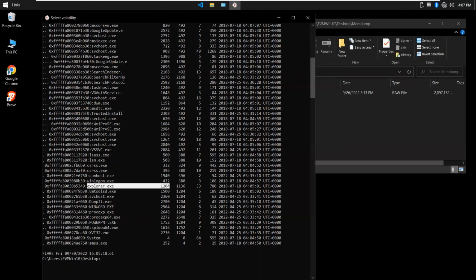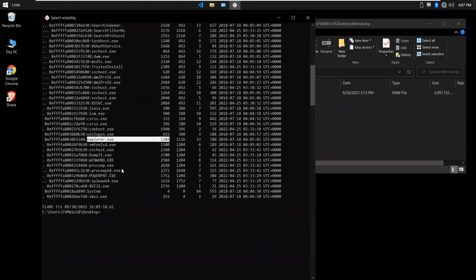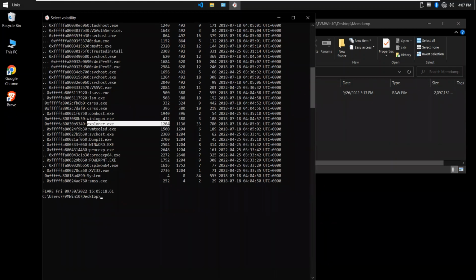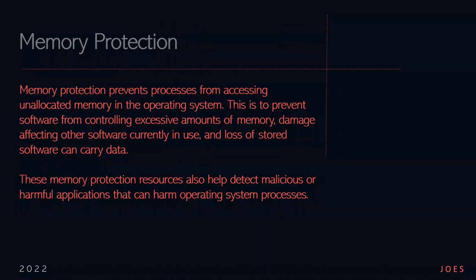Now, before we proceed with our next command, let me give some short trivia. Now, on a computer, there's a lot of things running in the memory side. And in memory, there's a thing called memory protection. What is the memory protection? The main purpose of the memory protection is to prevent a process from accessing memory region that has not been allocated to it. This prevents a bug or a malware within a process from affecting other processes or